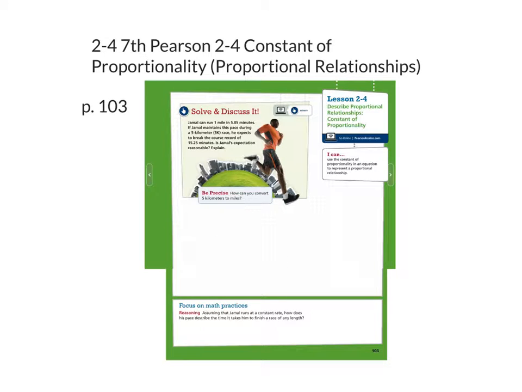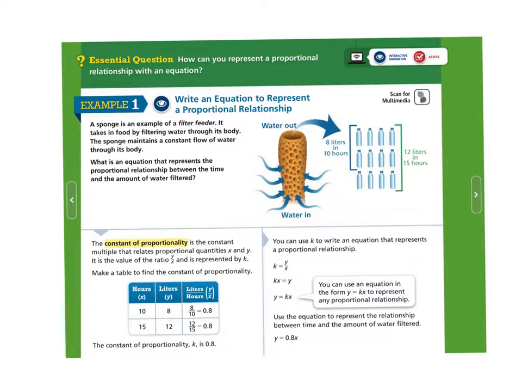Lesson 4 we're going to look at is on the constant of proportionality, or looking at proportional relationships. So if we look at this on page 104,